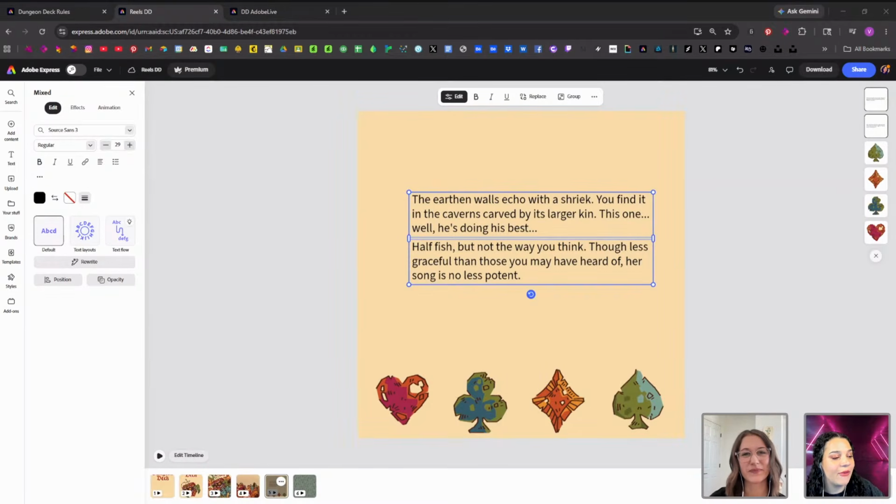And I was like, half fish, but not the way you think. And he was like, not the way you think or not the way I think, because I'm thinking half fish split down the middle. And I was like, ah, that is way worse than fish on the top, woman on the bottom. That's the worst kind of mermaid I've ever heard of in my life, honestly. And he was like, see, so it's not the way you think. It's not the way I think. And I was like, you are thinking crazy, but I like it.